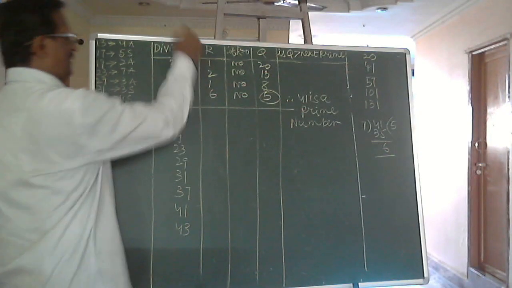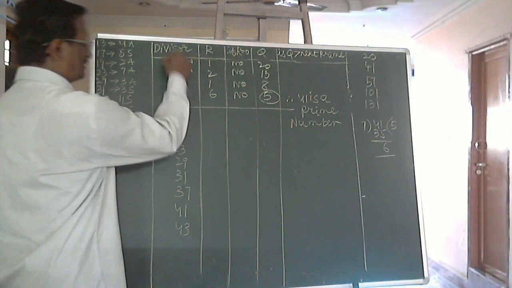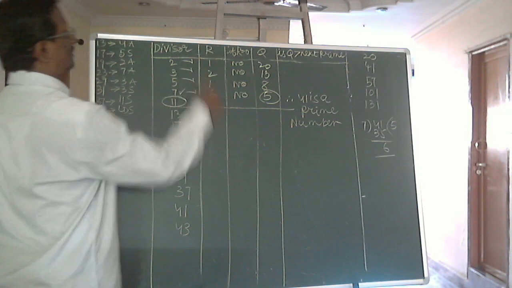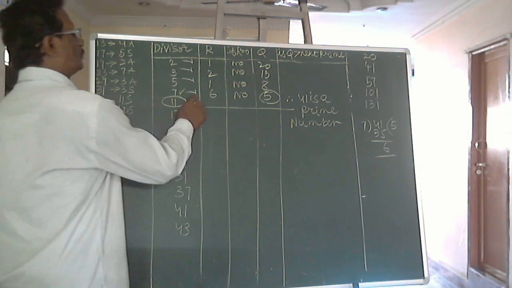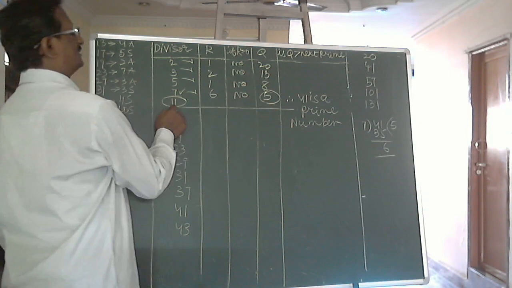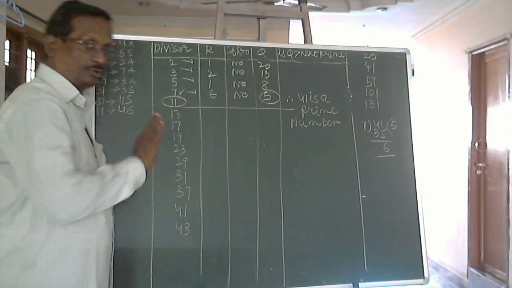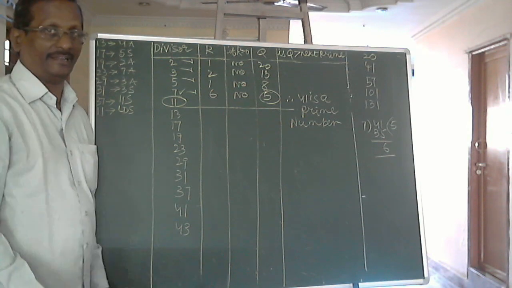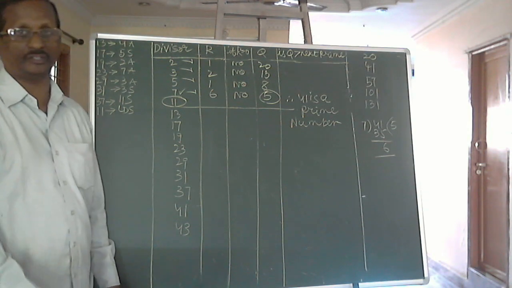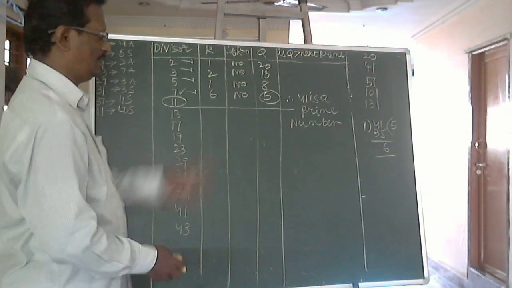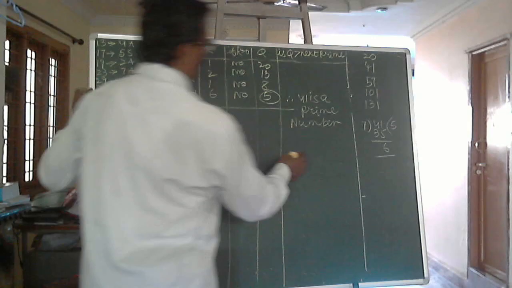In the first case, the remainder is not equal to 0, second case not equal to 0, third case not equal to 0, fourth case is also not equal to 0. This fourth case we have arrived at in such a way that the quotient is smaller than the next prime number. There is no fifth case, there is no fifth division. This is how we decide the largest prime number by which we need to check whether the given number is a prime or composite. Let us take another example, 57.